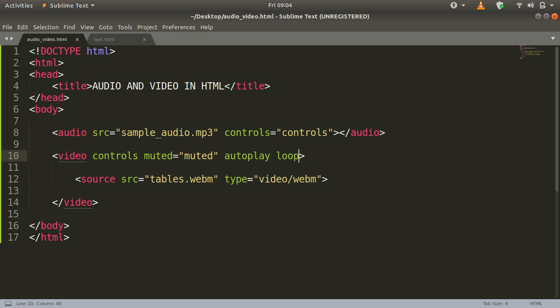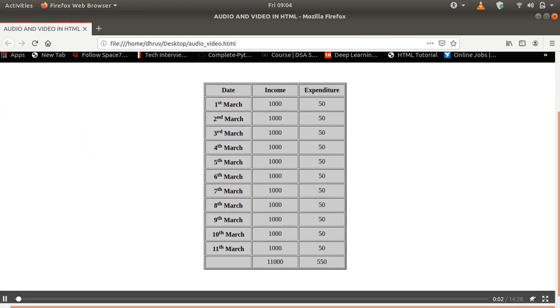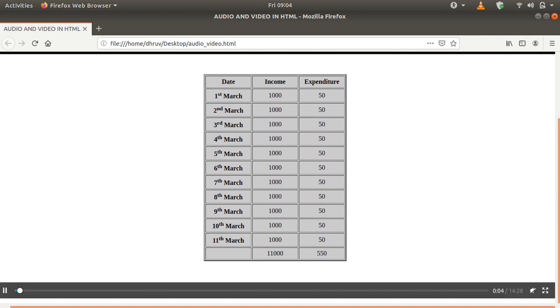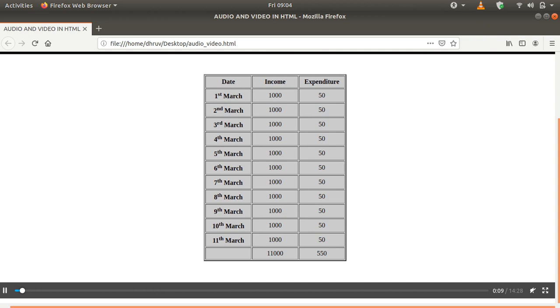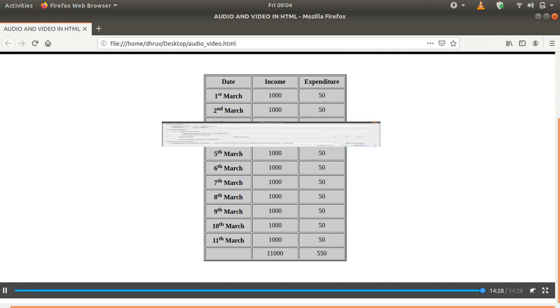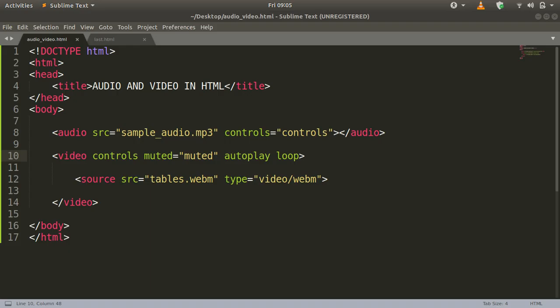And I think that's all, and let us see what it does in the browser. Okay, so you can see that we haven't set the width and height attributes, so by default it is muted, it is autoplayed, and whenever the video completes, you can see that it has started again. So let us just set its height and width, so we can set its width to 350 pixels and height to also 350 pixels.